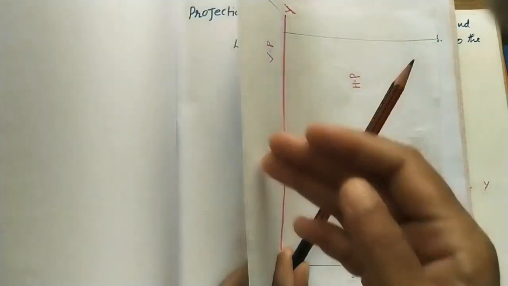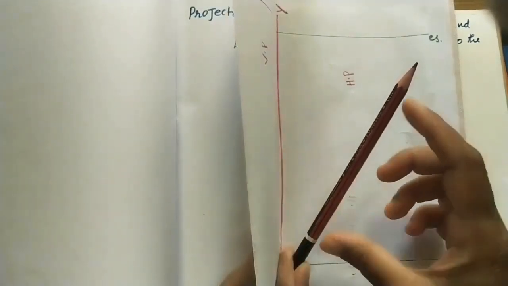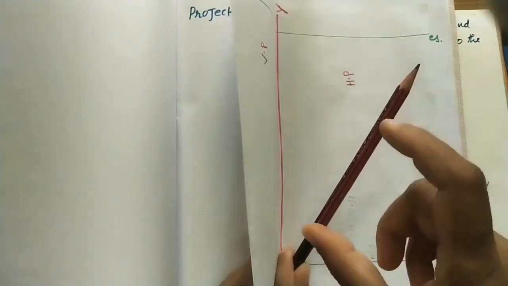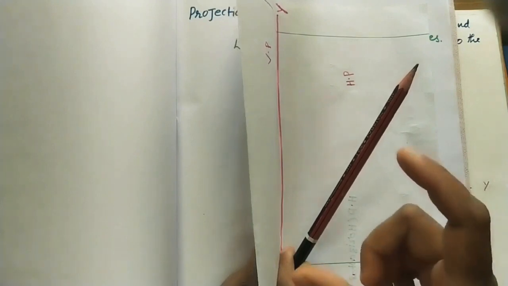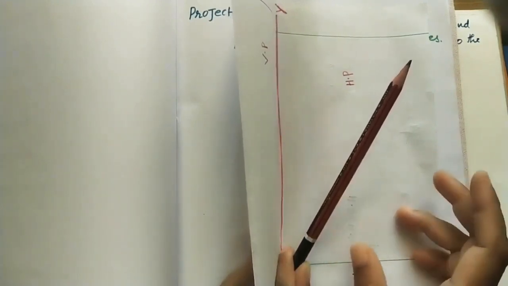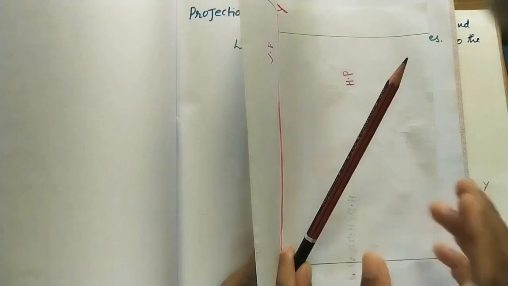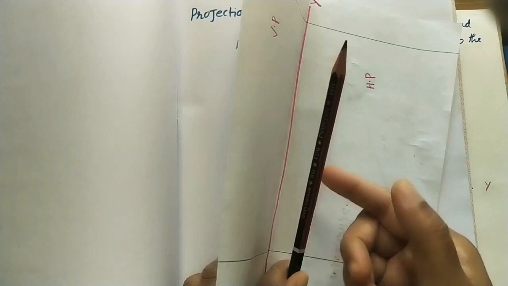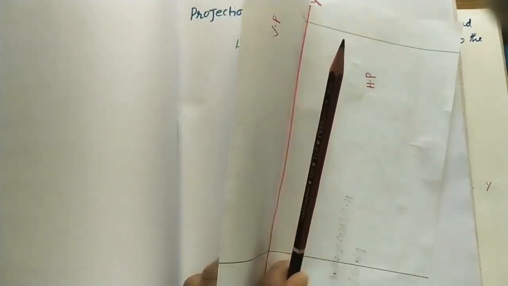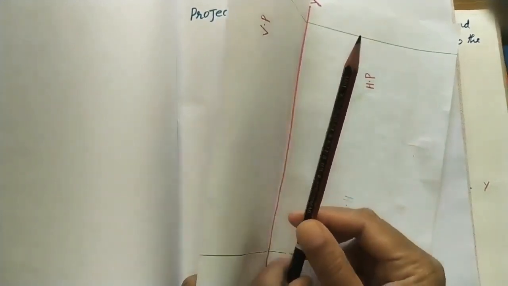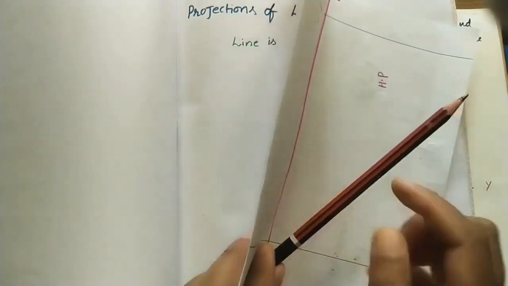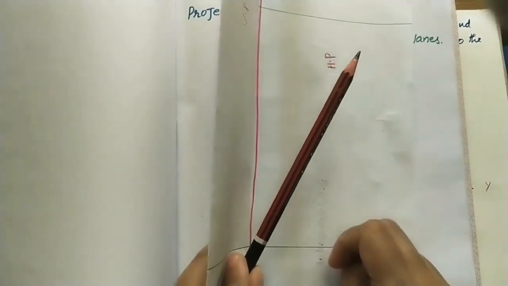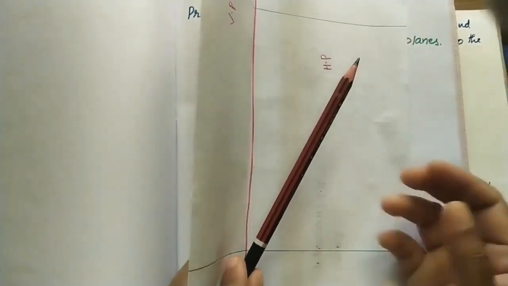In the front view it looks like an inclined line on the vertical plane, but it looks short. In the top view also it looks like an inclined line, but the length will be short. That short length in the front view as well as in the top view we can't get directly. That's why I am making two assumptions. In the first assumption, I assume the line makes an angle with HP and is parallel to VP. In the next case, I assume the line makes an angle with VP and is parallel to HP. I will do two diagrams with two assumptions, and at the end I will combine those two.